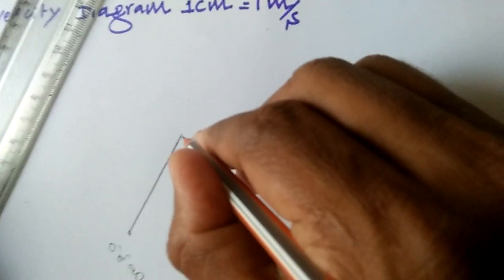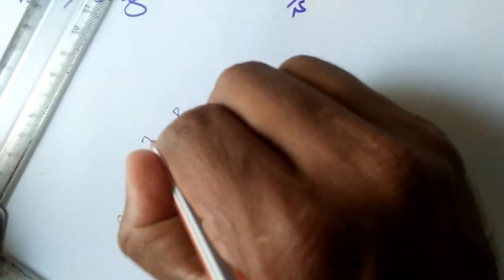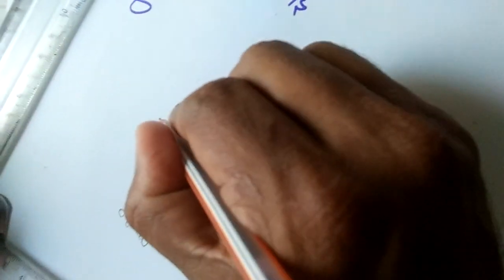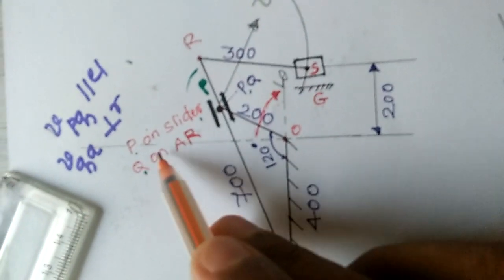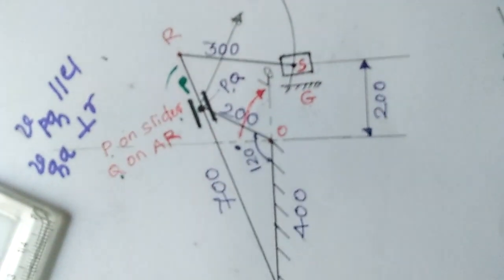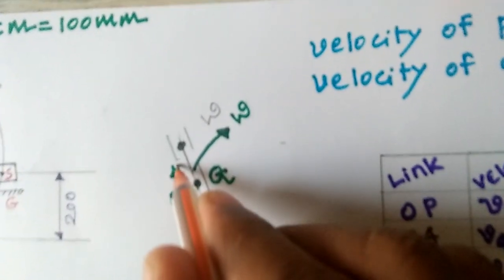This is point P. I'll draw the vector diagram. Velocity of P with respect to O also, A also, G also. Then what I say, this is the slider, that is velocity of P with respect to Q, that is parallel, that is a sliding motion. Velocity of P with respect to Q, that is a sliding motion, you have to take it.